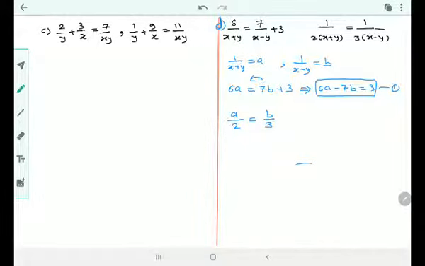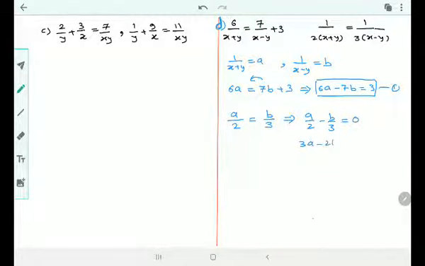Right? Yes, similar to our previous one, I can shift this that side, b by 3 this side, or I can shift the numbers as well, anyhow. So I would go for shifting b by 3 that side, a by 2 minus b by 3 is equals to 0. Right? There's nothing left. Cross multiply like previous example.